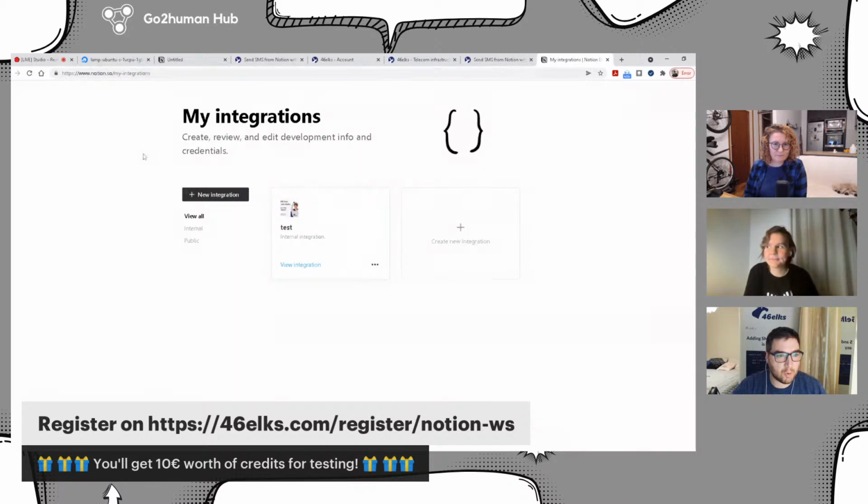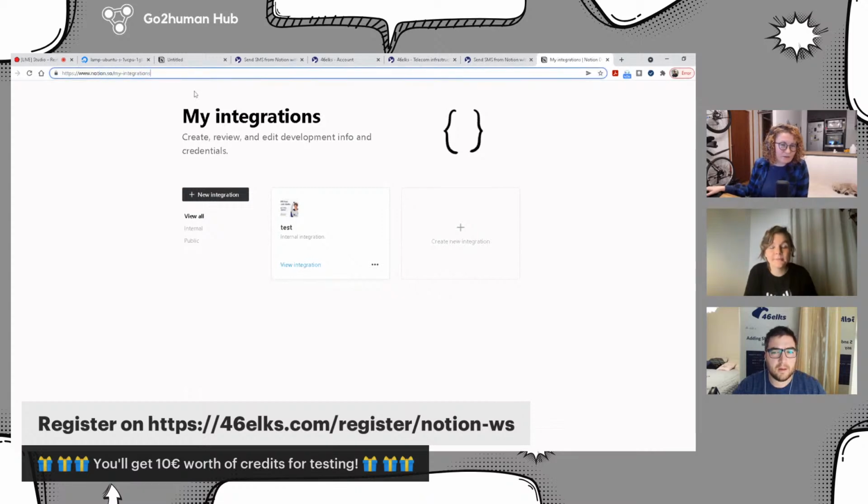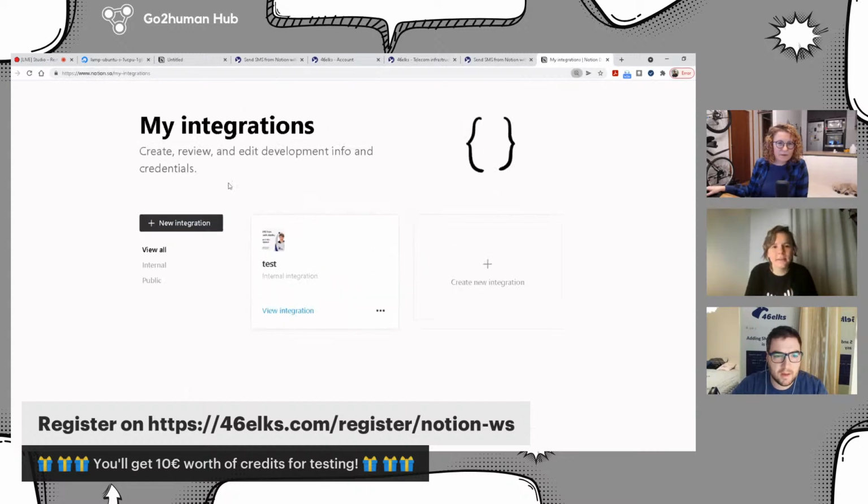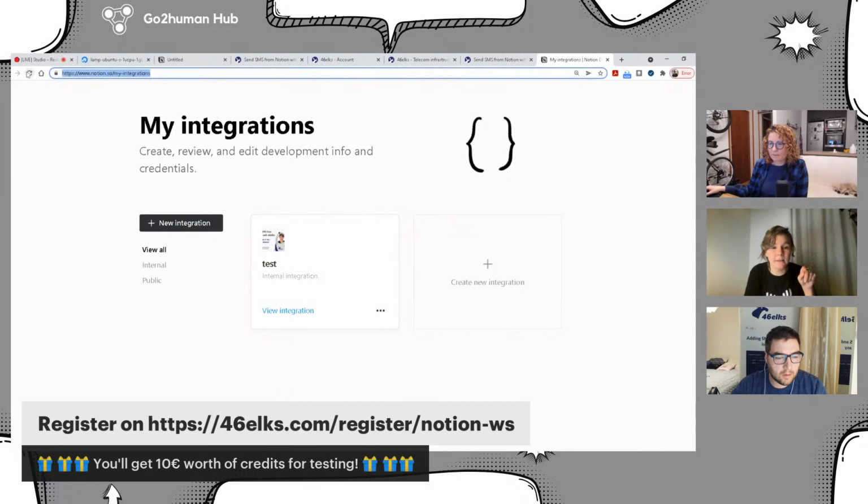And notion.so/my integrations. Can you see the URL part of me sharing the screen here? Yeah? Cool. Or you just cannot read the window? It's just, oh, we can see the URL, but it's so small. Okay. Yeah. Oh, okay. Oh, I think that Zoom doesn't work here. It doesn't. I can zoom on the actual screen, but not on that. Yeah. Can we send that URL that